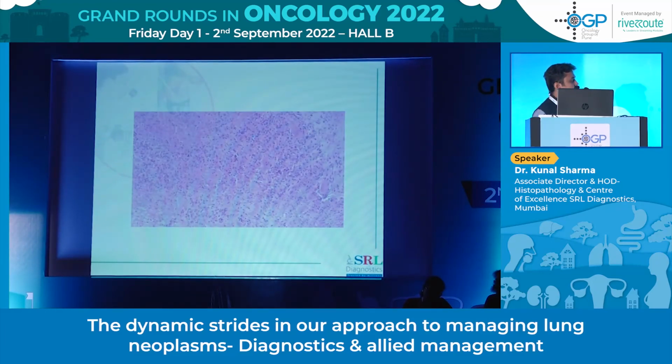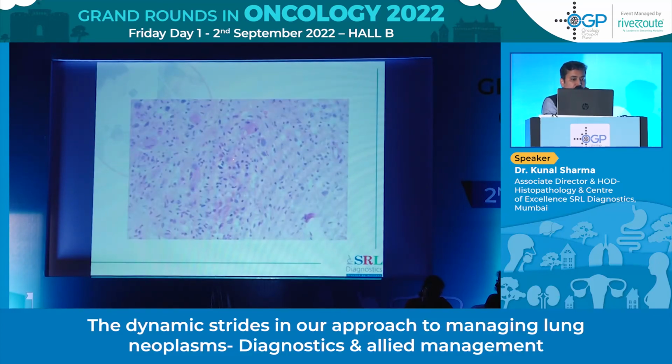When I saw the slides, something that definitely stood out, I don't know if you can see it clearly, is there is a lot of fibrinoid necrosis and there is an angiocentric pattern to these cells. I can see it very well here. And if you see some of these cells, they are very large, right? And the others are more mononucleate.